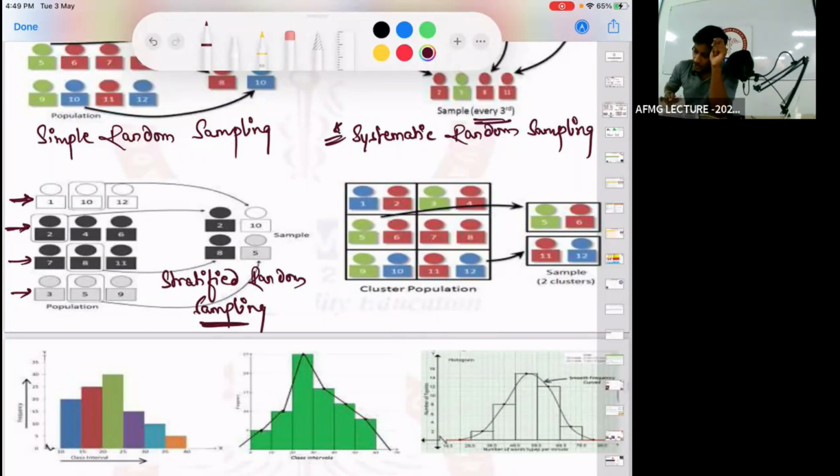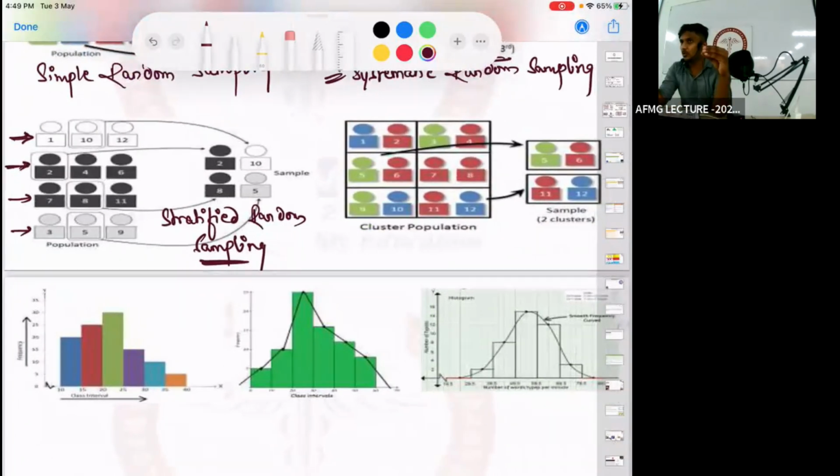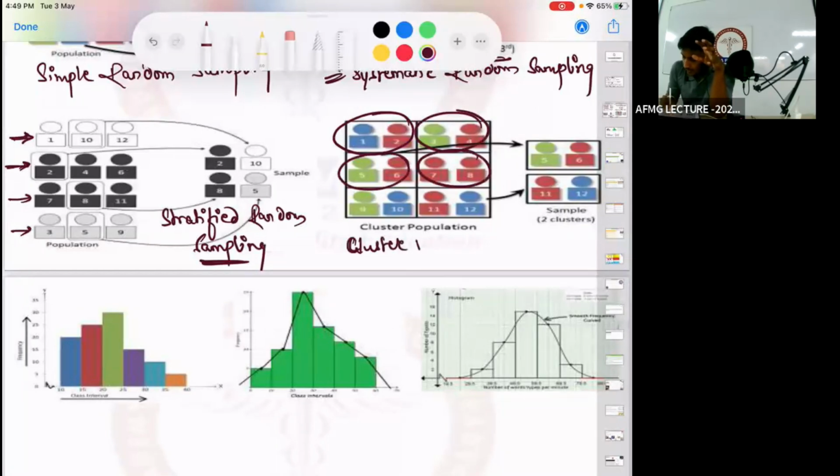And last, here I am not arranging them in a sequence, neither am I arranging them in strata or levels. I am actually making them in clusters. So if I make them in clusters and randomly choose people from these clusters, it is called a cluster random sampling. No issues with this, anybody?